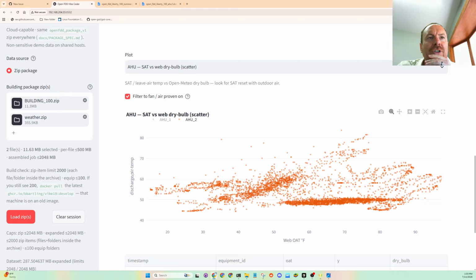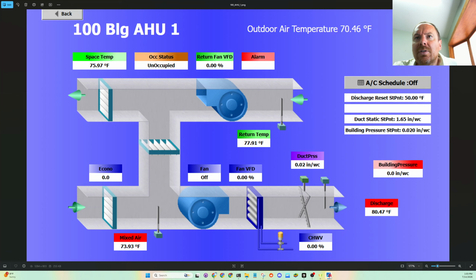This is the discharge air leaving temp. As soon as you get above 50 degrees outside, I see in the data that it drops to about a 48 degree discharge air temp,